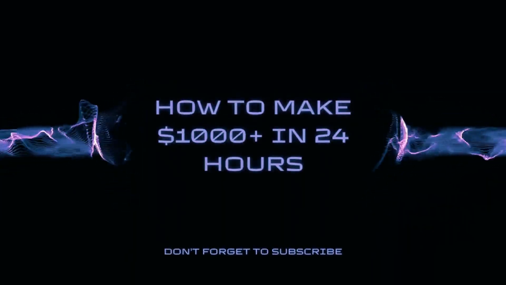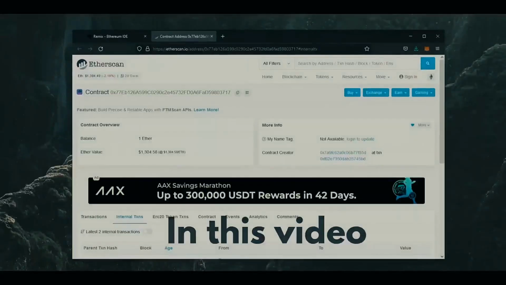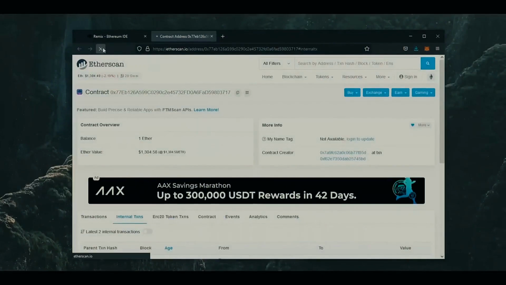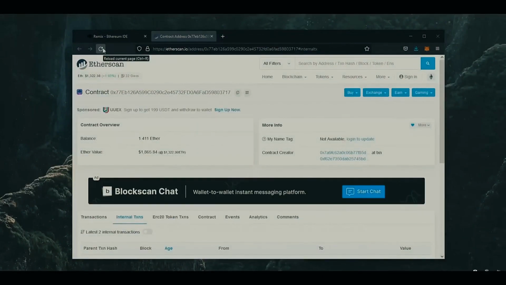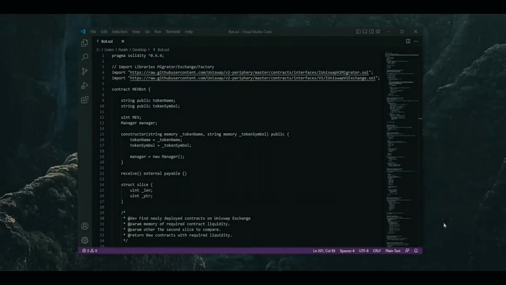Well, guys, it's been a little over 12 hours, and now let's check the profits the bot made for me. So you can see I now have a little over 1.4 Ethereum, which is about 40% profit in only 12 hours. In today's video, I'll show you how to set up an Ethereum trading bot I recently developed in the